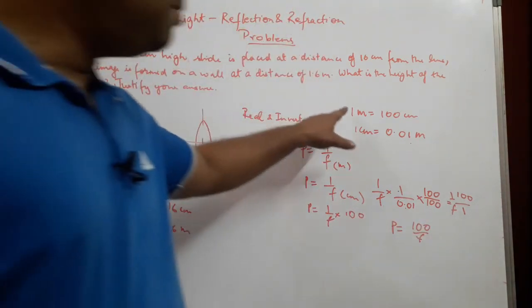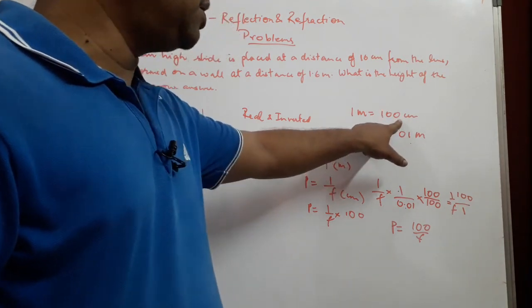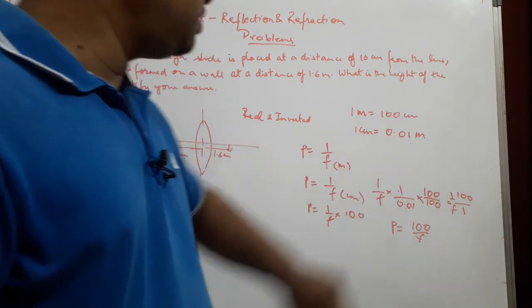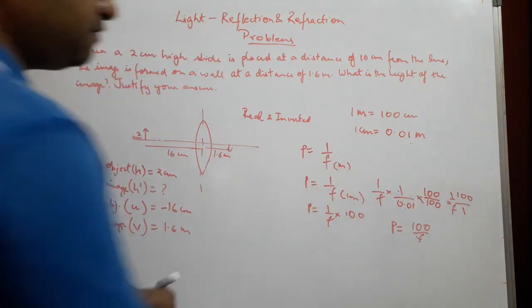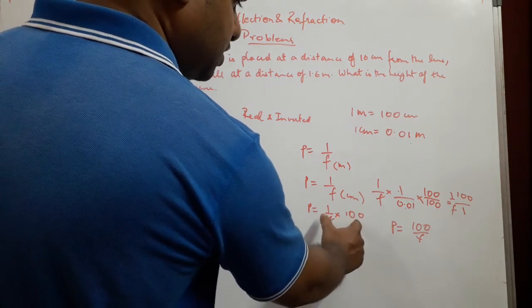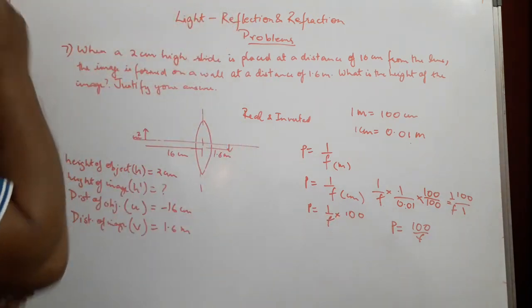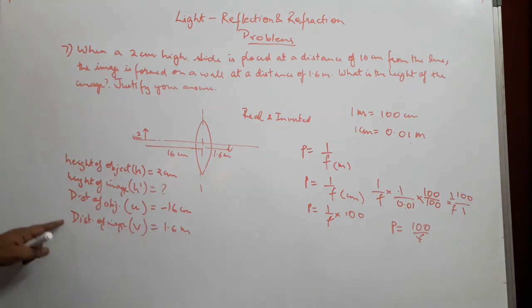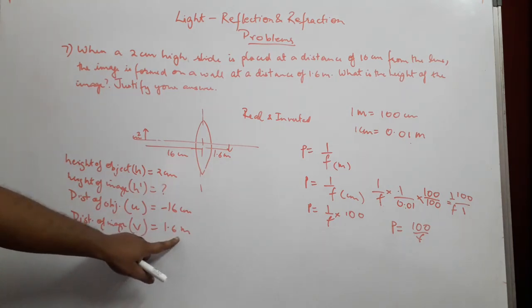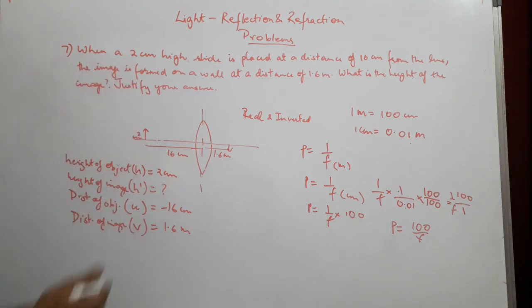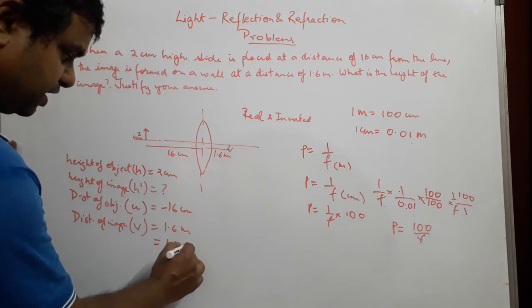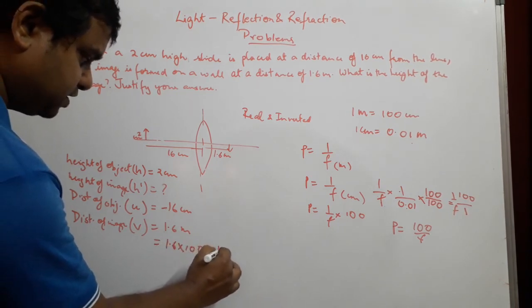Okay, 1 meter is equal to 100 centimeters. Look at this conversion, and 1 centimeter is equal to 0.01 meter, and that is why we have P is equal to 1 upon F, which is given as 1 upon F into 100. Okay, now similarly we need to change this thing. We are given meters, we need to convert it into centimeters. So we know 1 meter is equal to 100 centimeters. So 1.6 will be multiplied into 100 to give us